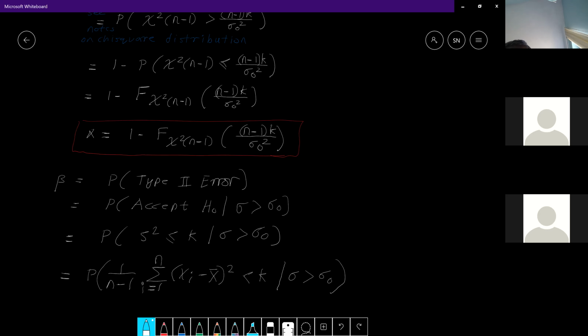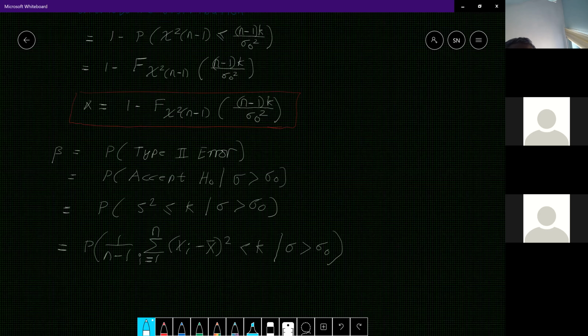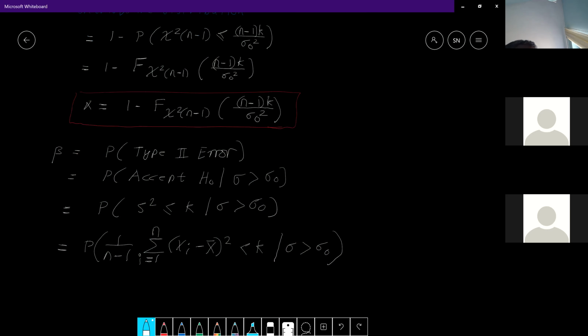All right. Now I'm going to take the n minus 1 to the right hand side. So this will be the probability that the sum